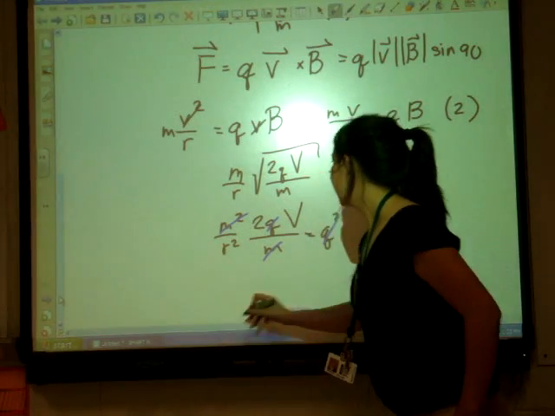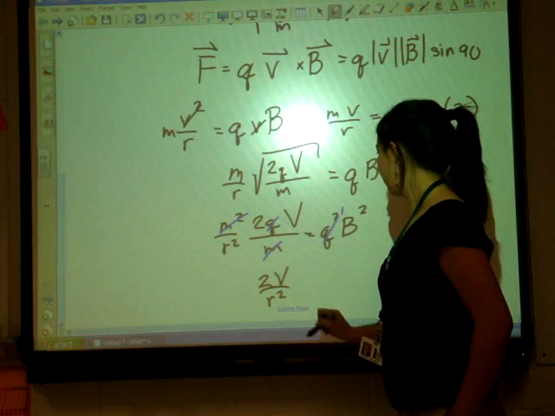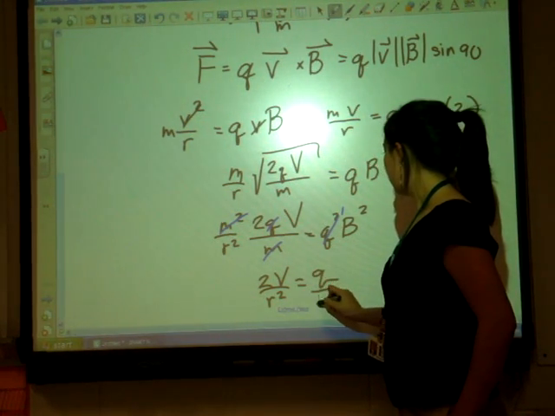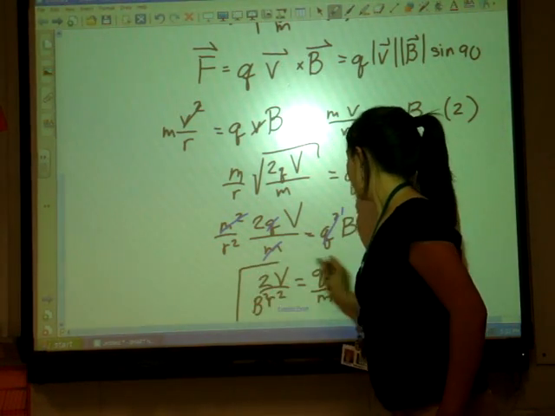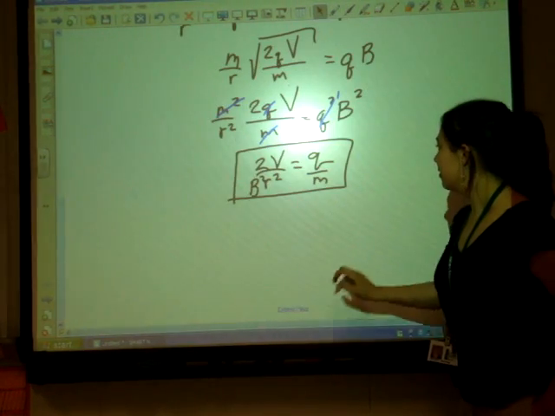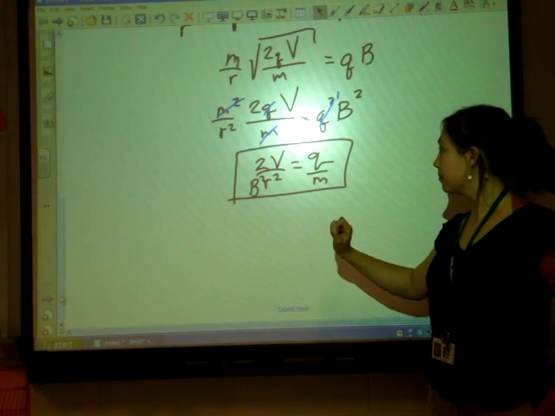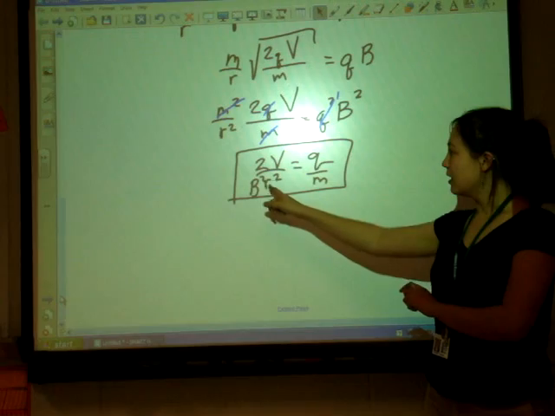And I'm left with 2V over r squared equals q over m, bringing the B squared to the other side. And we're done. As long as I know the voltage that I accelerated at, the radius of the particle's movement, which we can measure, and the B field